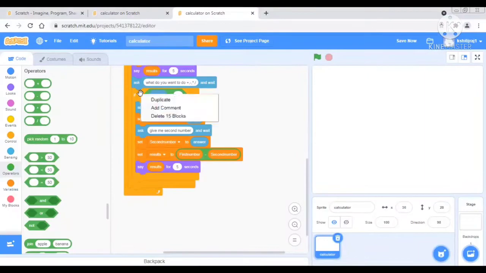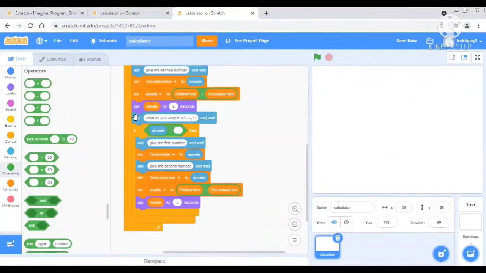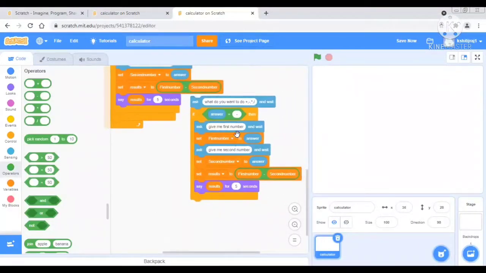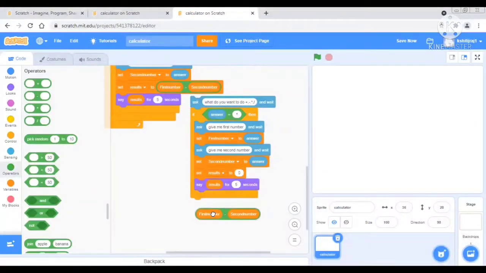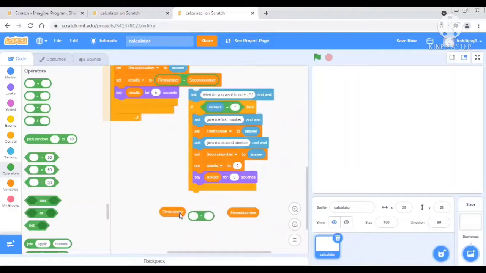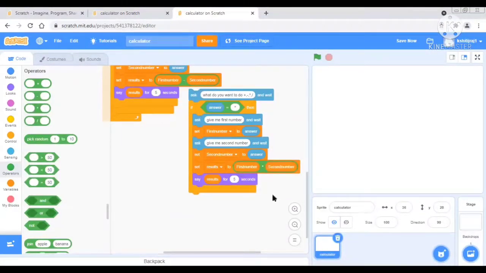We will copy from here, not here, from here, then again we will put it here. Now we are going to do multiplication, so we will put a star, then ask, then same, and then we will remove this, take this, put it here, and then we will say into. We will take the into block, and then we will take first number into second number, and then we will put it to set results to 0. Okay, after that